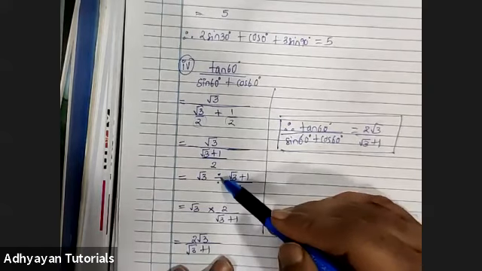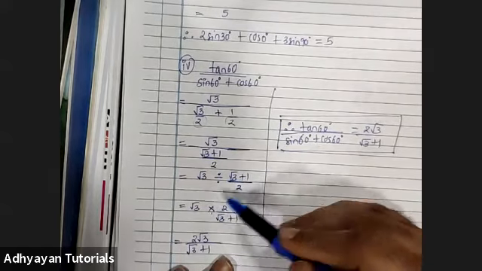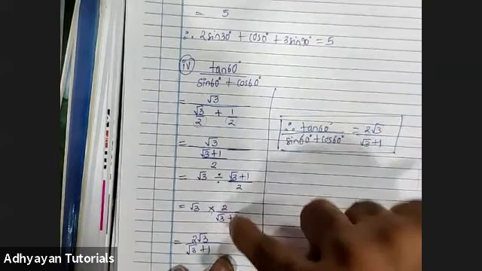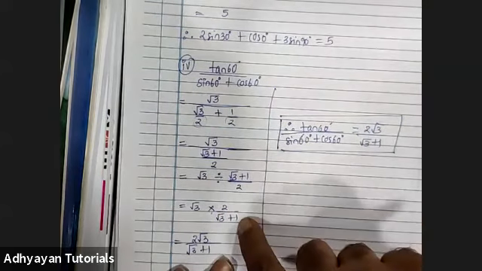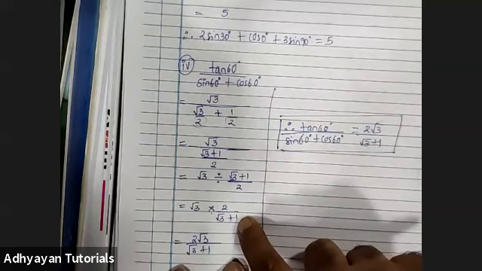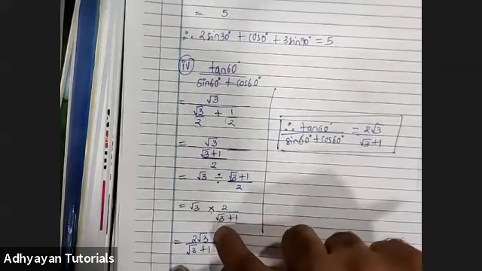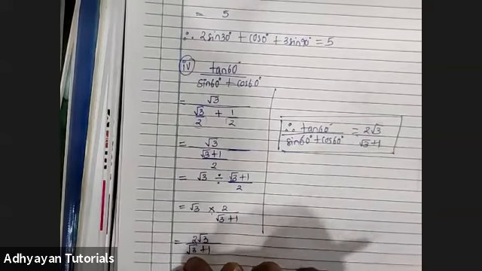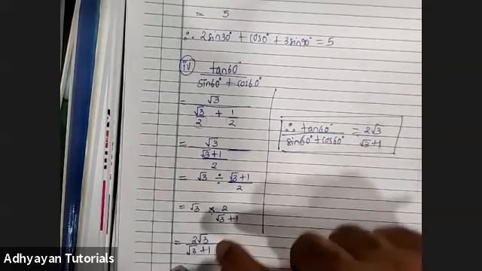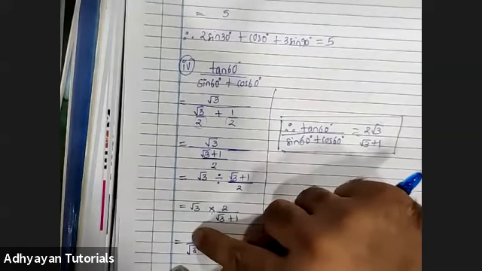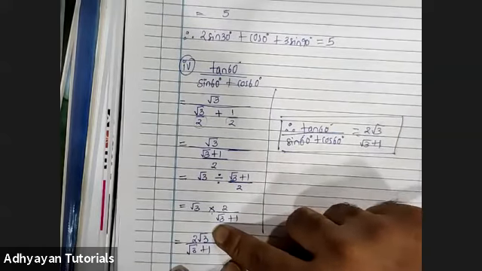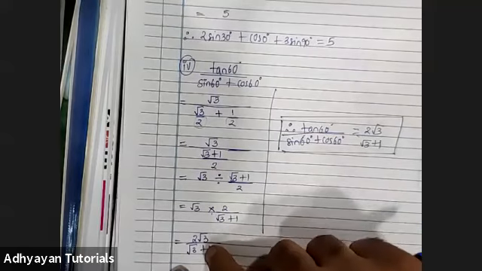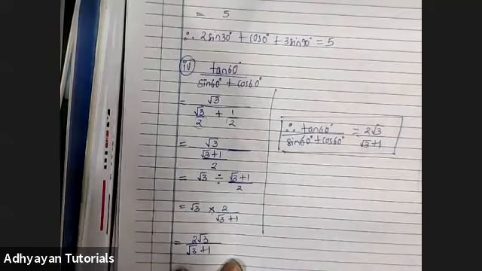When the division sign changes to multiplication, the second ratio becomes its reciprocal, it gets flipped. So 2 came up, root 3 plus 1 went down. Now 2 into root 3, the answer is 2 root 3, and the bottom stays as it is. So this is your final answer. You cannot cancel root 3, as I said earlier, because the top is one term, not separated by plus or minus, a monomial, and the bottom has two terms, a binomial, separated by plus, hence you cannot cancel it.